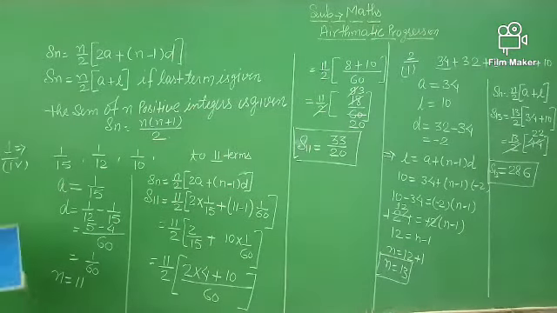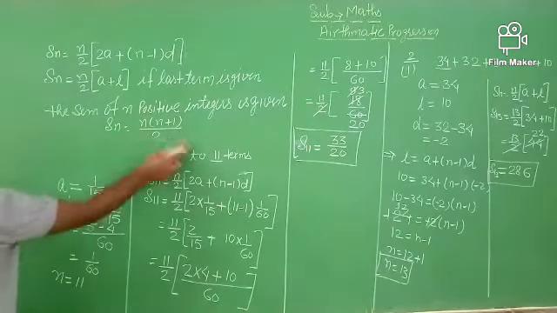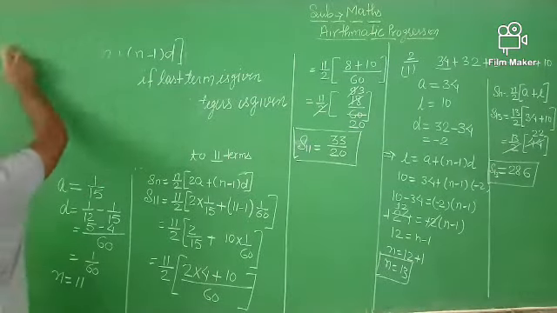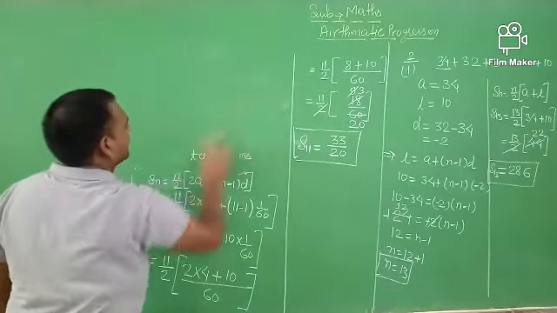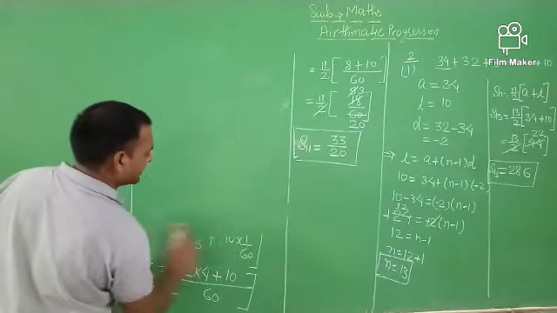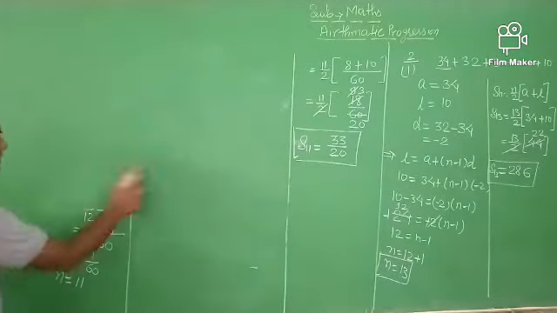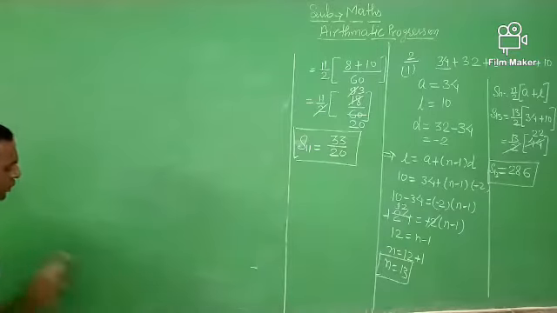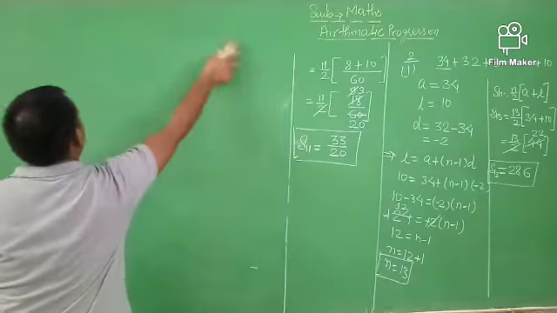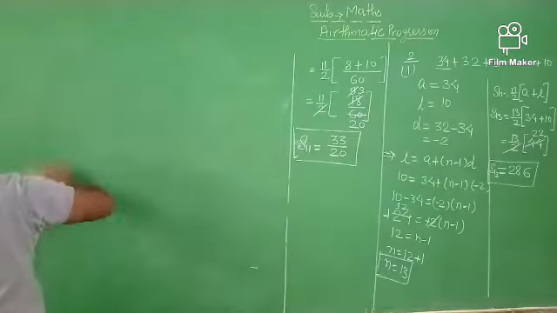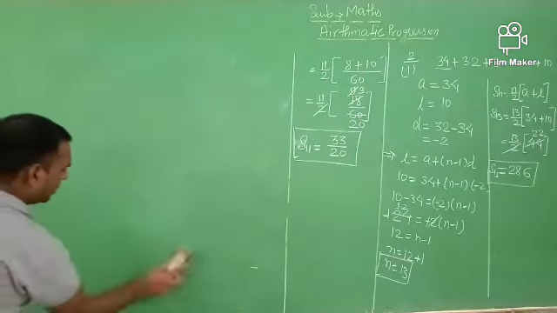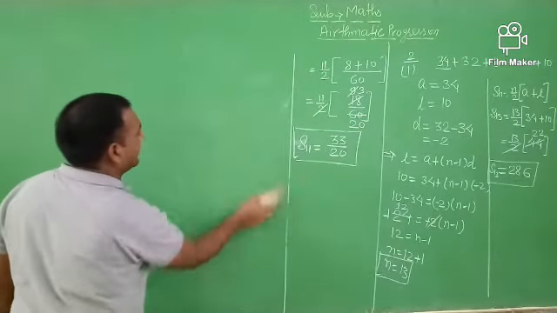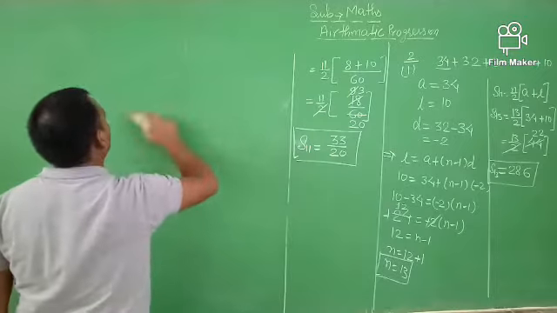So we are going ahead to the next question in AP. Suppose something is given in the question, then how can you solve the other questions? Here some conditions are given. After some conditions are given, you solve these types of problems. If some conditions are given, then you apply the formula like this and solve the problems.